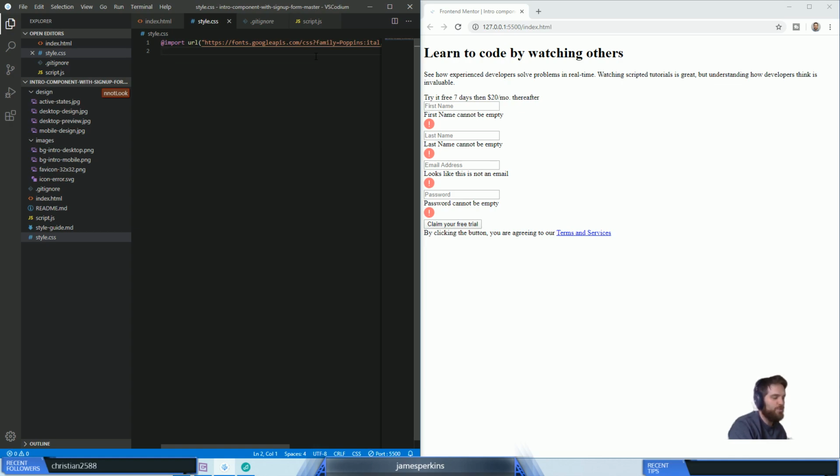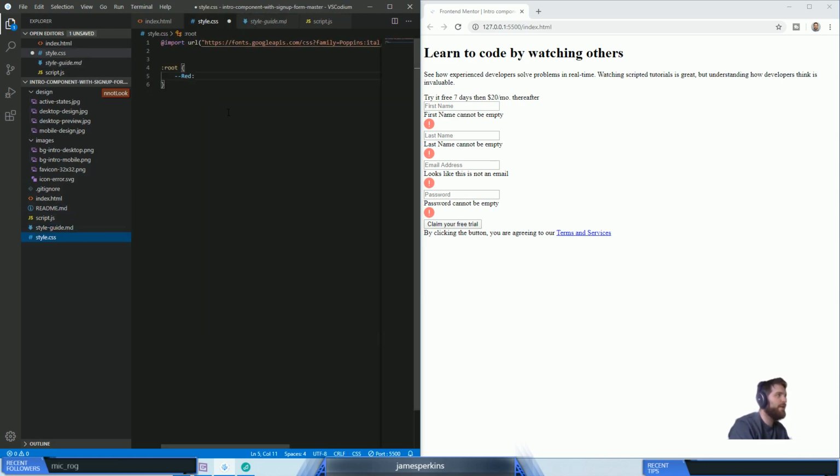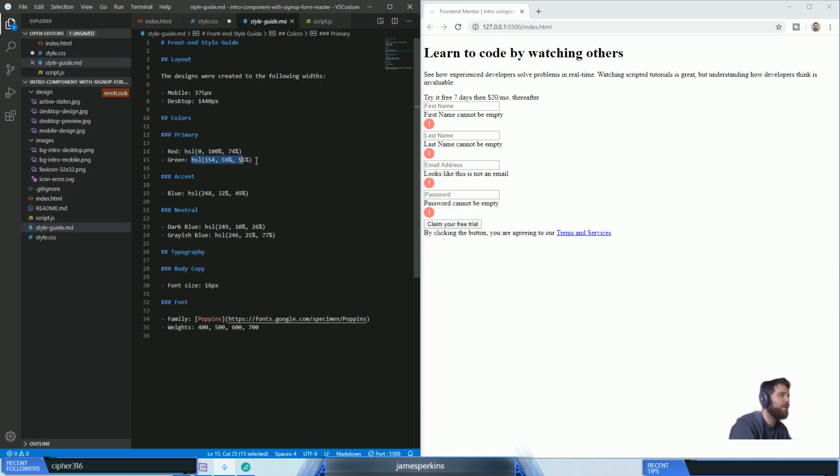And then we can just do some colorings. So we'll set the root to red, and then whatever the red was in the style guide. This is a super good way if you're unfamiliar with variable selectors. This is a way to set all the variables, right? Set them in the root, and then you can just reference var and then the color, and you're good to go. Which makes life a lot easier,